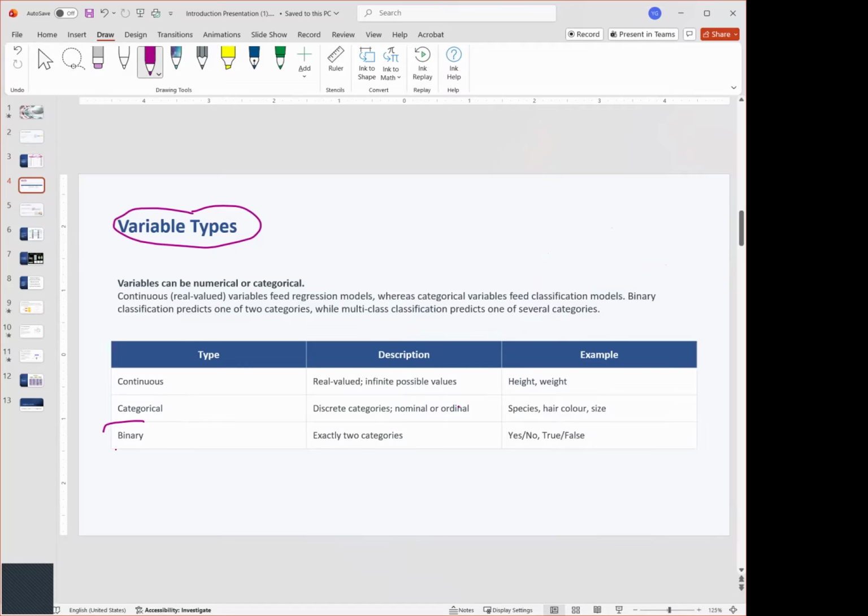And the final one is binary. Binary is really categorical, but the only difference is that binary only has two categories. It can be yes or no, true or false, male or female, anything that has two categories.